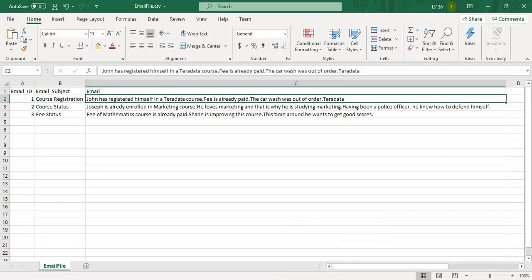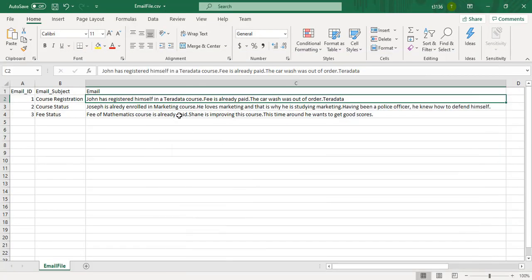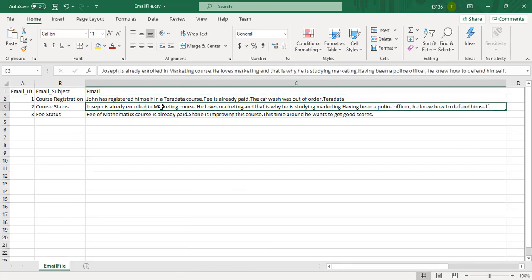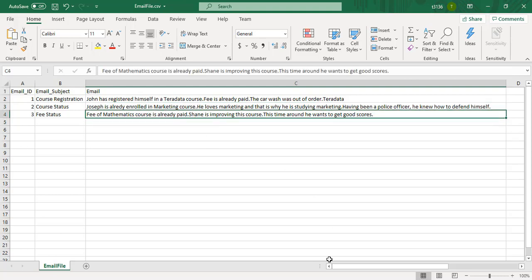Okay, let me give you an example. Marketing is occurring how many times here? No, 0 times. What about this? Marketing is occurring twice, this marketing and this marketing. Thrice: 1, 2, 3, 3 times. What about this? 0 times. So it is not going to consider it if it is occurring 0 times. The minimum threshold value is 1.